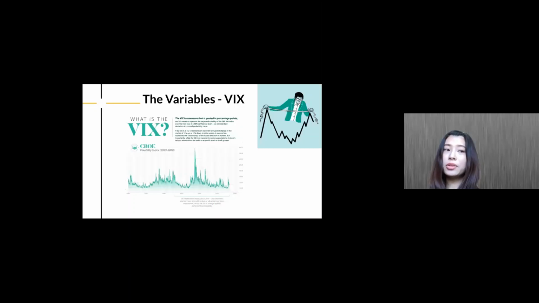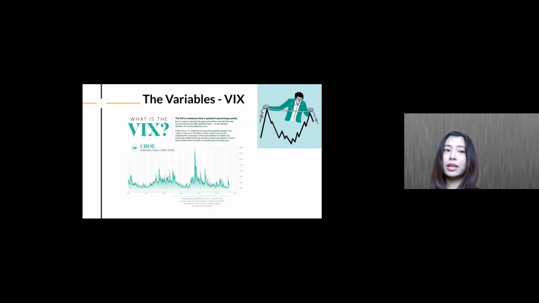And we also collected the daily data of the CBOE volatility index. The period we use is from January 2nd, 2019 to December the 31st, 2019. And the prices we used are adjusted closing prices. It reflects the cryptocurrency's value after accounting for any corporate actions. All of the data was downloaded from Yahoo Finance.